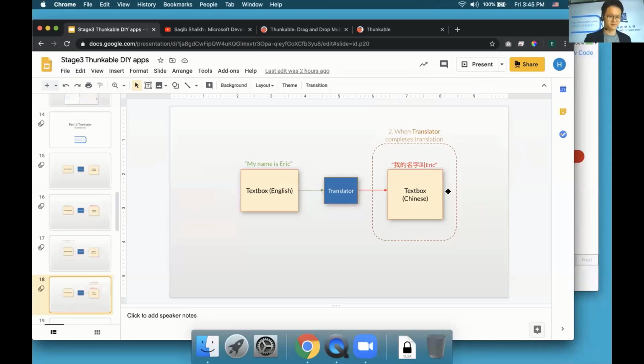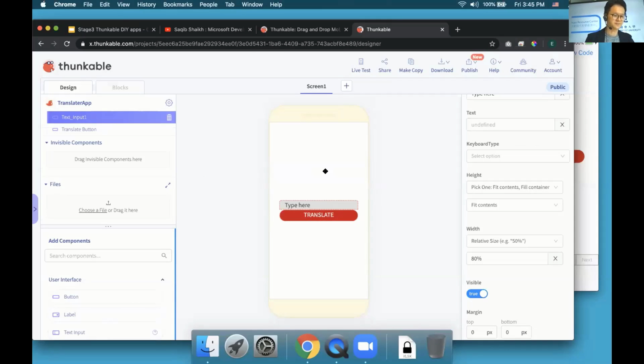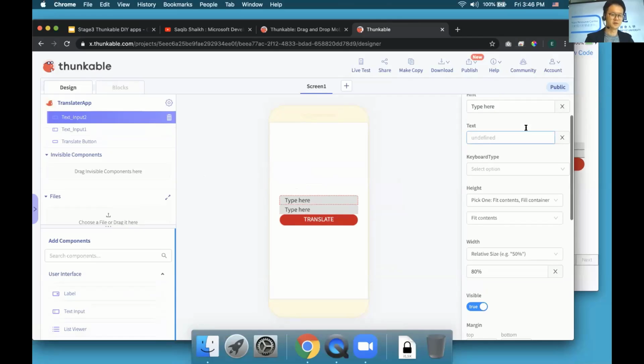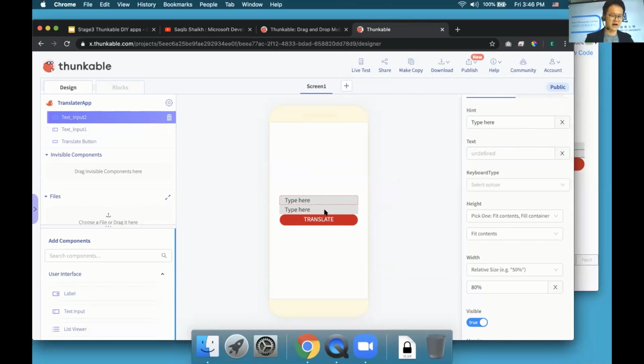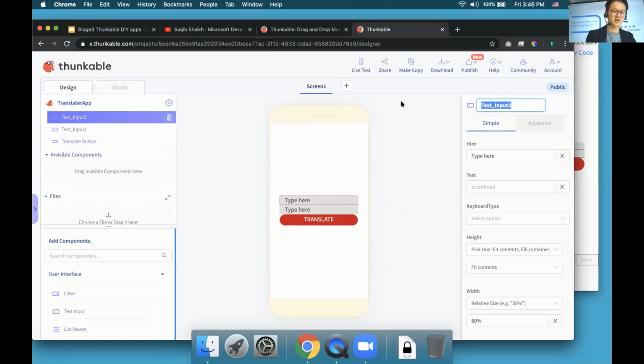Okay, so now theory stuff aside, now we've finished the theory stuff. So now let's see how we can make this happen in Thunkable, okay? So we haven't finished building the user interface yet. So let's just finish building this by putting in the text input, okay? So you can follow along with this if you want. I put in 2 text inputs here, right? So the first one, the top one, will be the English one. So I'm just going to go up and, again, very good practice to change the name,